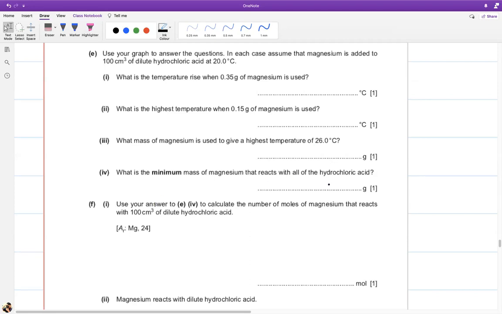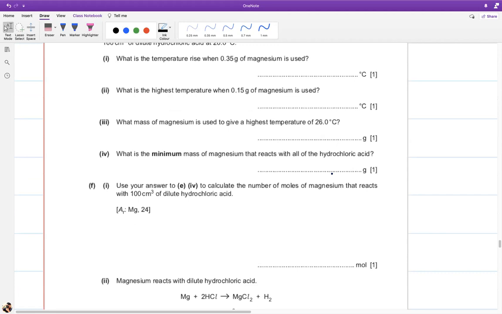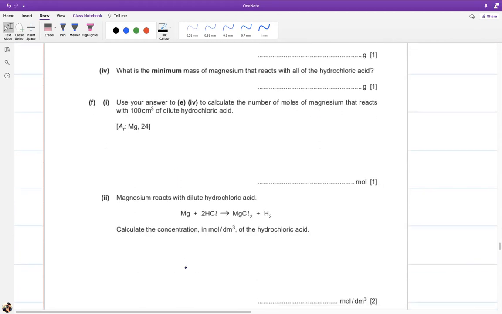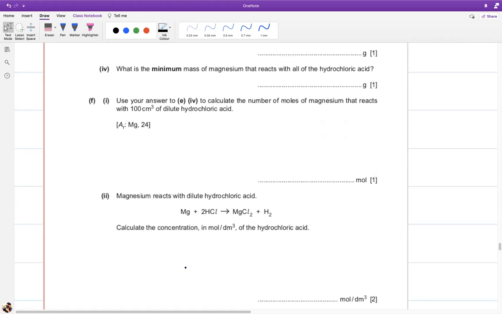आगे वो कह रहे हैं, what is the minimum mass of magnesium that reacts with all of sulfuric acid. ये वो है जहां पर टेम्परेचर कांस्टेंट हो जाता है, कि जहां पे सारा मैस रिएक्ट कर गया, तो ये आप वहां से देख लोगे, ठीक है। मिनिमम मैस इसलिए क्यों कह रहे हैं, क्योंकि उससे ज्यादा वाला तो करेगा ही, उसमें से कुछ एक्स्ट्रा रह जाएगा, लेकिन उतना मिनिमम तो आपको वहां से आएगा, तो ये लाइन आपको वहां से मिलेगी। और फिर इसी मैथ्स को यूज करके वो आपसे अगले क्वेश्चंस करवा रहे हैं, ठीक है।